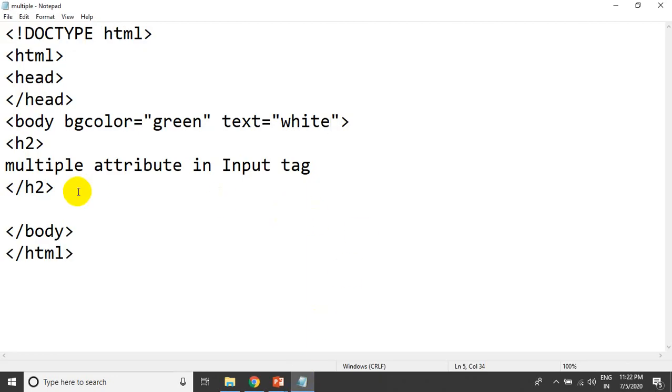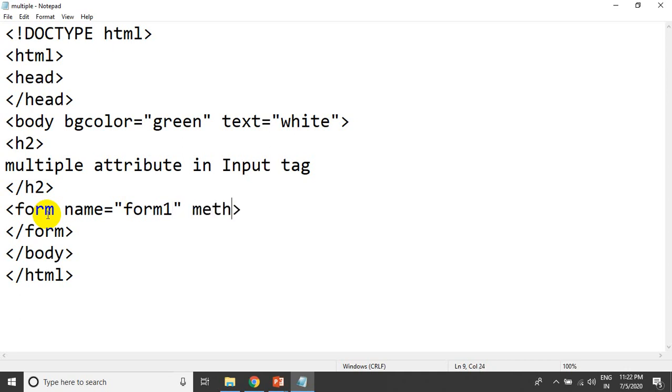Now I am going to add a simple form. I will create a form using the form tag, then the closing form tag. Inside the form tag I will use some attributes, that is name. I can write form1; you can assign any name.